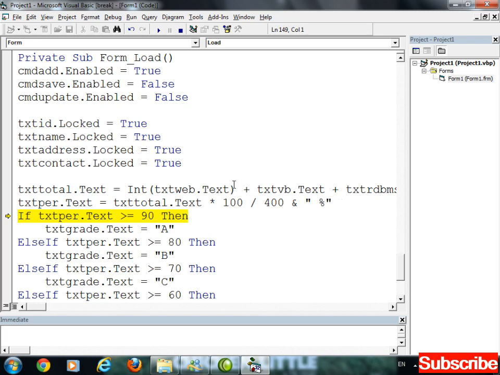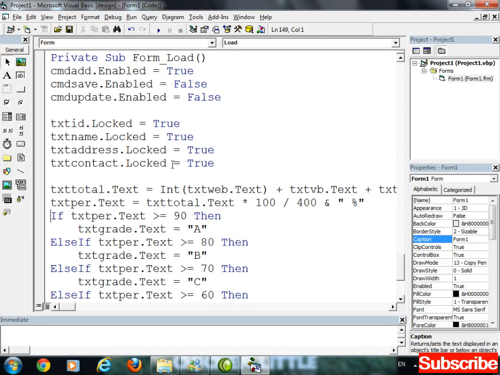So now we have to resolve this problem. I am just going to concatenate right here, same as this one, operator, double quote started, then space, percentage, and double quote finished.